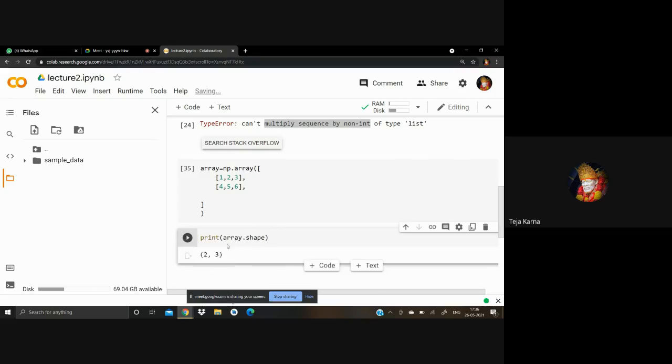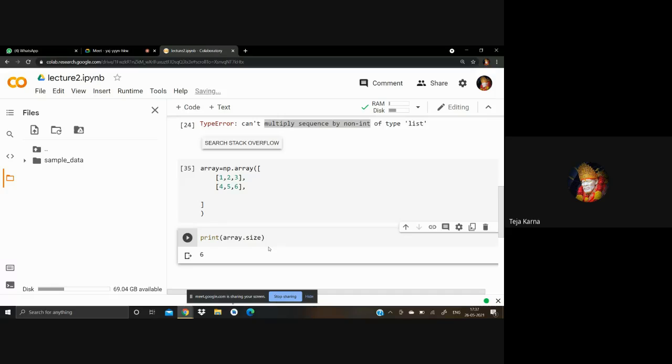It is going to return 2 comma 3: you have two arrays, 1, 2, 3 and 4, 5, 6, and three elements in each. And now if you use size, it shows the number of elements present in both arrays, so it will return 6. That's the basic use of NumPy.